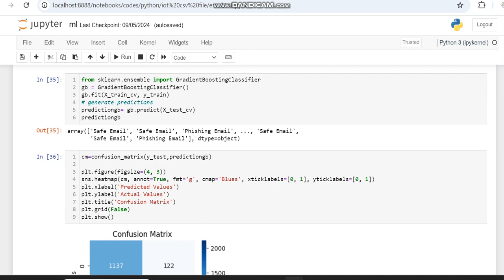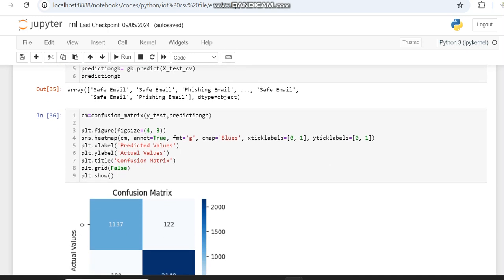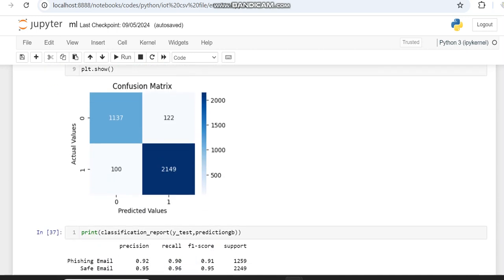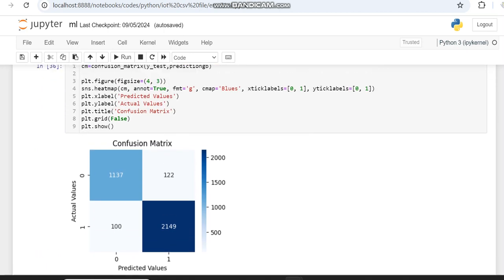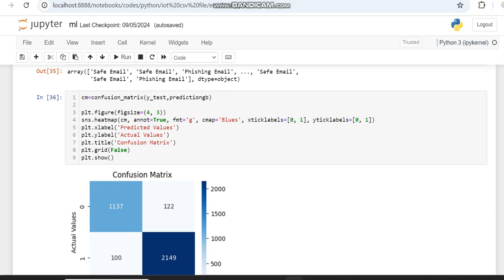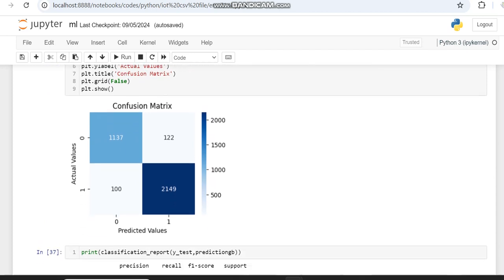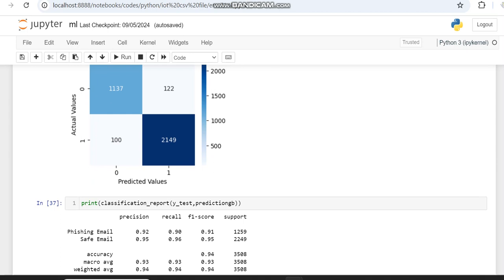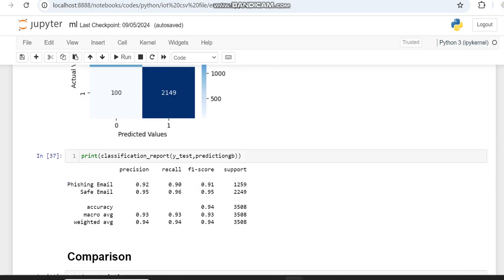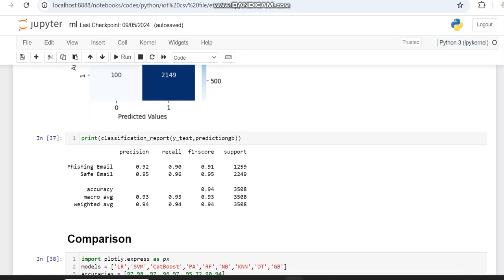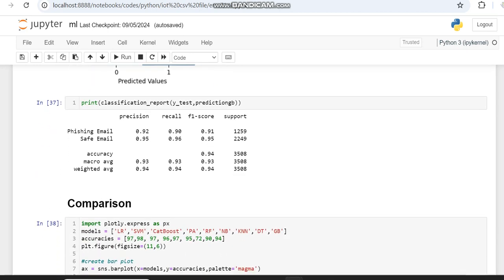You may notice that previously our data set had nearly 17,000 entries, but here the confusion matrix has only fewer values. This is because only 20% of the data is used in testing, and the confusion matrix is plotted using the testing variables. And also the classification report is plotted with the testing variables. So here we have got nearly 94% accuracy, and we have made a comparison graph